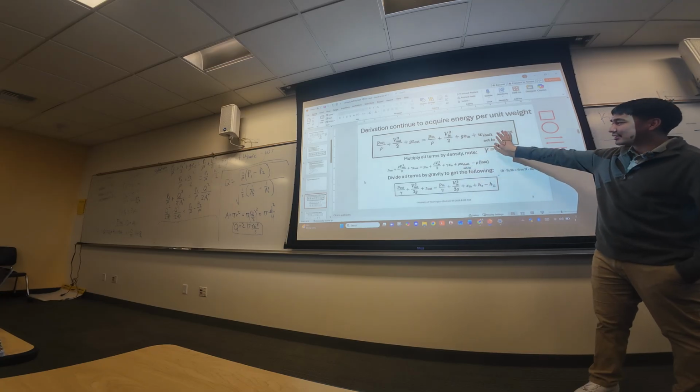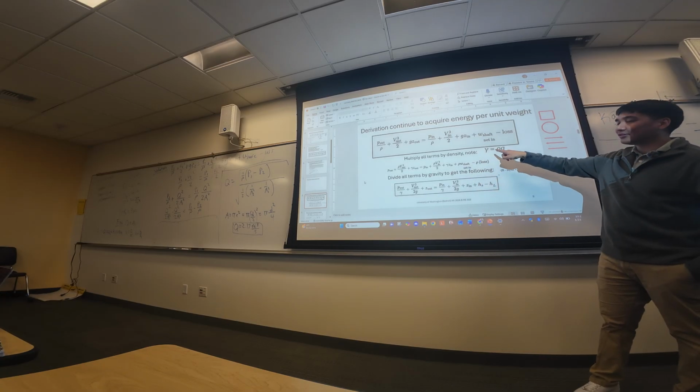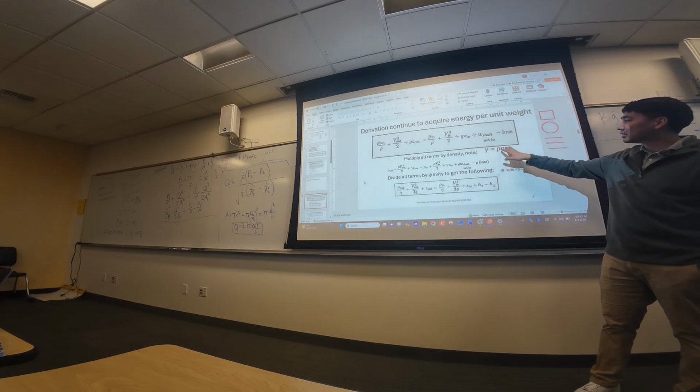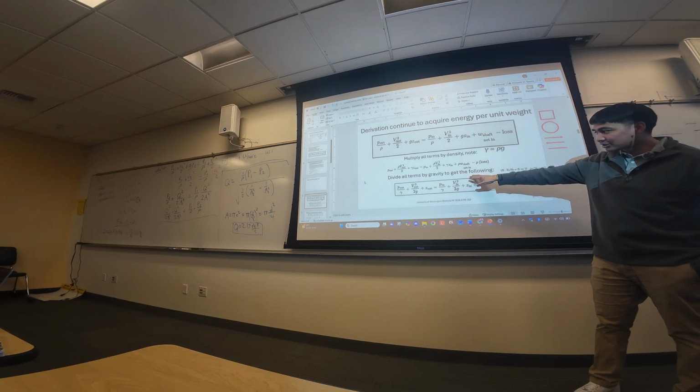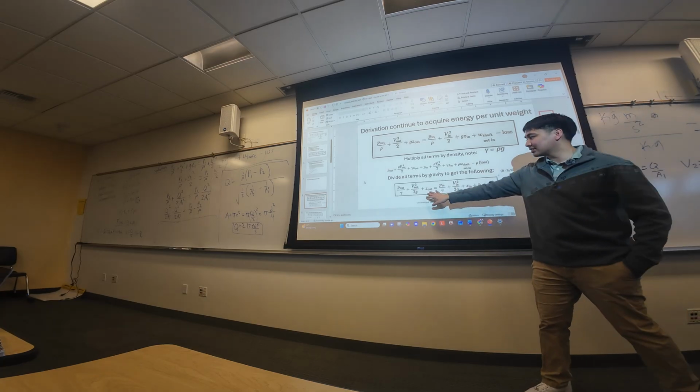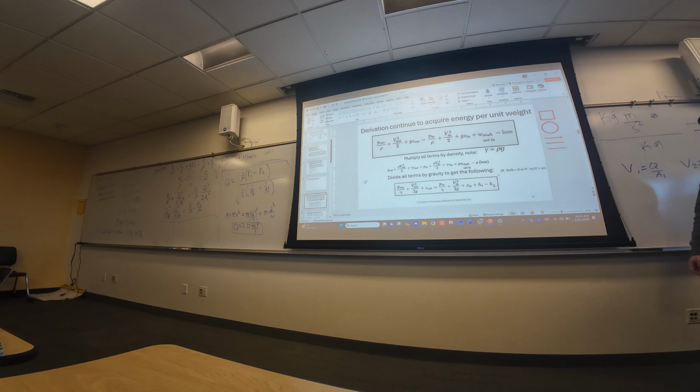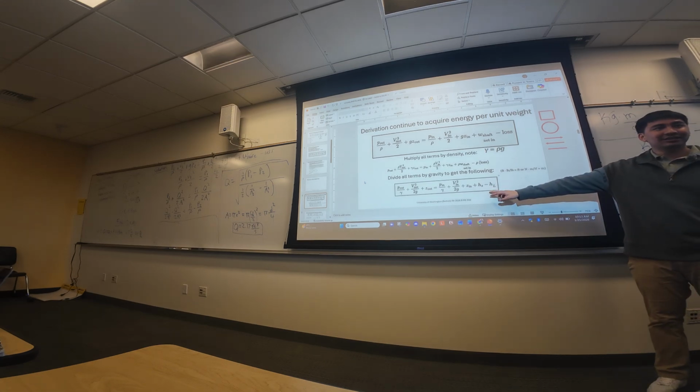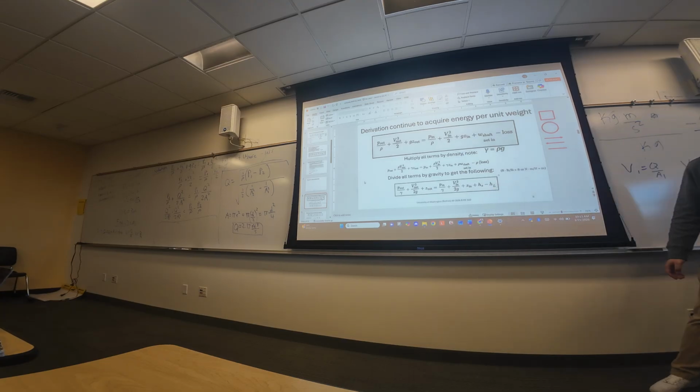So you multiply all of these by density, you get this, and you have specific weight is rho times gravity. And then you divide all the terms by gravity, and you get this. Right, still kind of looks like Bernoulli's equation. I will explain in the next slide what this H subscript S and H subscript L is. It's basically exactly like the last equation, but this is energy per unit weight, just different units. If you do the dimensional analysis, it just becomes a dimension too. And I'll explain that in a second.